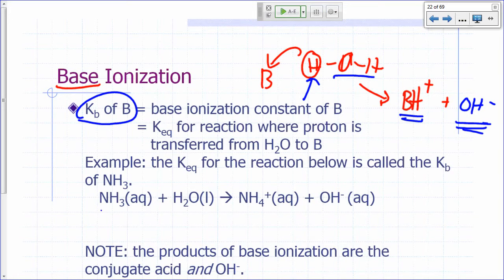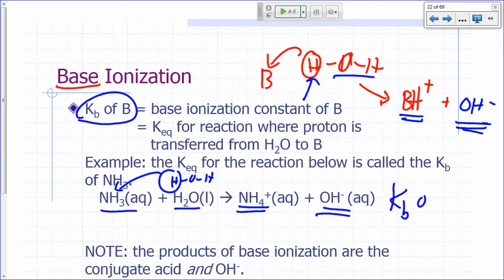So in this example right here, ammonia plus water. Your ammonia pulls a proton away from a water molecule, gives you ammonium ion and hydroxide ion. So the KEQ for this is called the Kb of